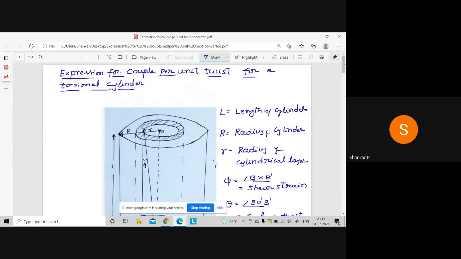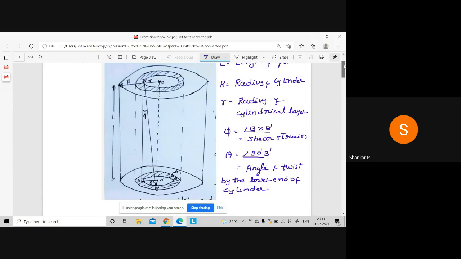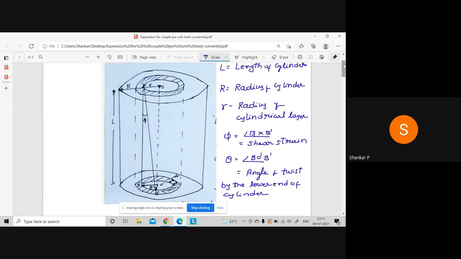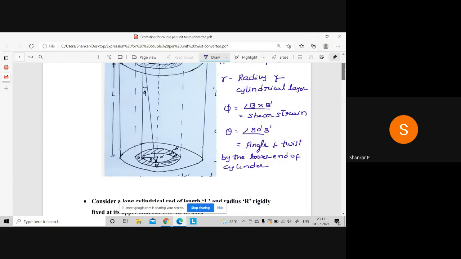Dear students, today we will learn the expression for couple per unit twist for a torsional cylinder. Let us consider a cylinder of length L, radius R, which is being subjected to shear stress. That is, it is being twisted at the lower end,